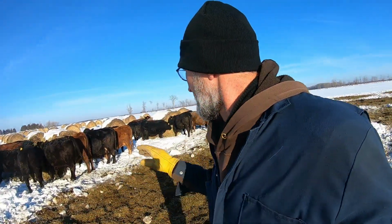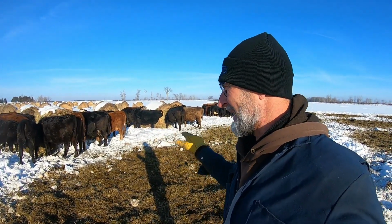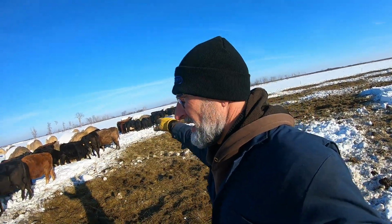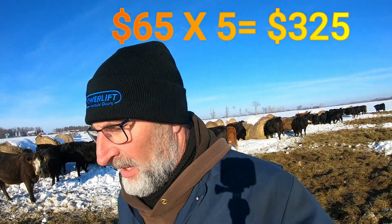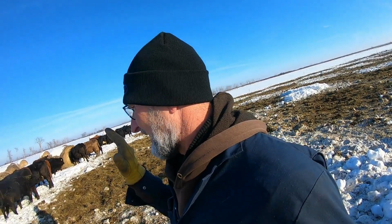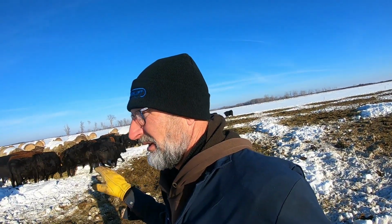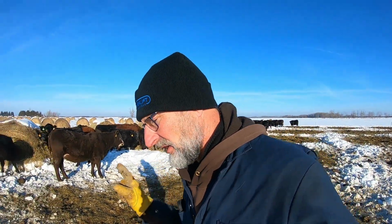The other factor I want to look into is what does it cost to feed these cows per day? That's what I'm looking at. So we got 80 cows, 5 bales here at $65 a bale. And I look at what I could sell these bales for. Right now we're running about 65. But the other factor, if I had to buy the bales, at $65 a bale,